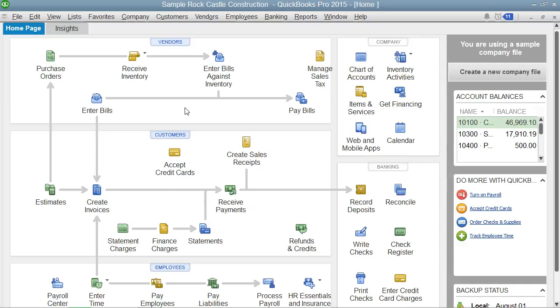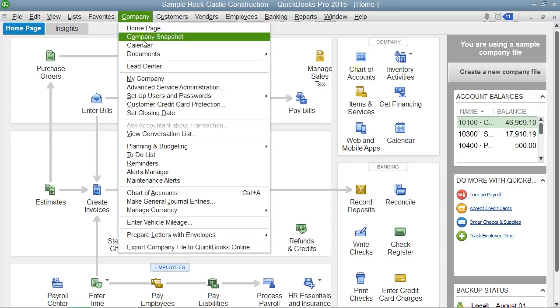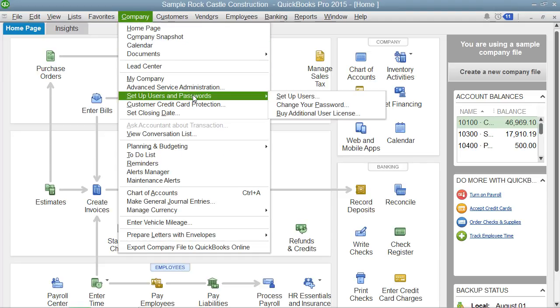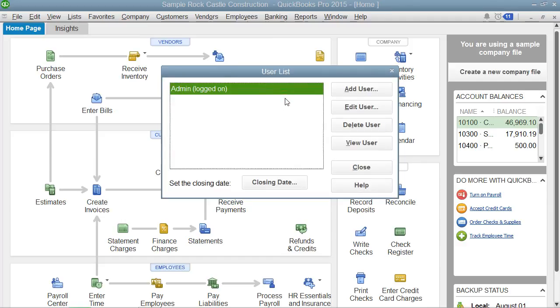QuickBooks lets you create user accounts and passwords for the individuals that will access your company file. You can decide which types of activities users can perform and what areas of the application they can access. You can set up users by selecting Company from the menu bar, rolling down to the Set Up Users and Passwords command, and then choosing the Set Up Users command from the side menu that appears to open the User